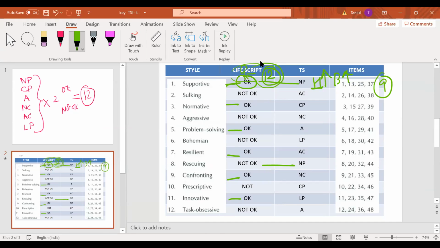But any score which is not okay, the not okay ones, let me change this. The not okay scores have to be less than 11. If it is higher than 11, then you have to work upon it. If it is between 9 to 11, it's perfectly fine. If it is much less than 9, that means you have a lot of control on your not okay behavior.